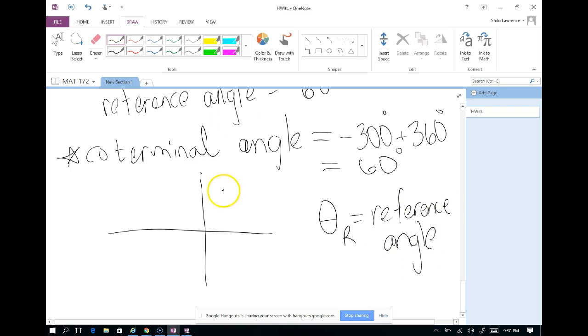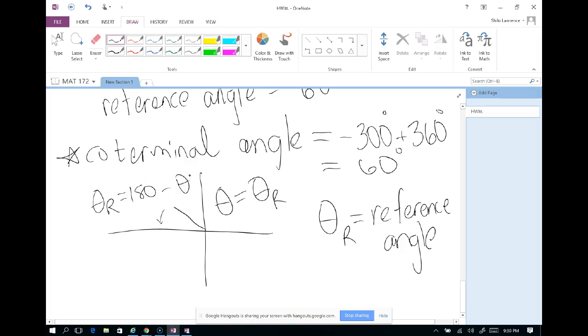So if you're in quadrant 1, the angle that you have is the reference angle. They're the same. If you're in quadrant 2, to get your reference angle, you would have to go the rest of the way to 180 to get to the closest piece of the x-axis. Your angle would be a little bit less than 180. So to get the reference angle, what we would do is we would do 180